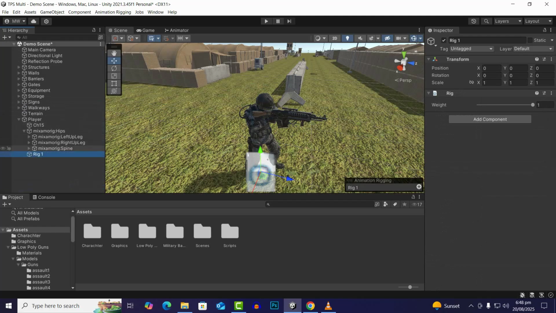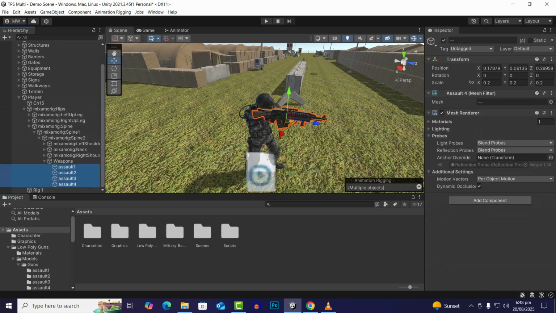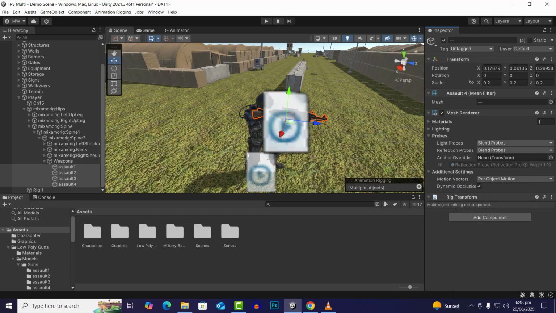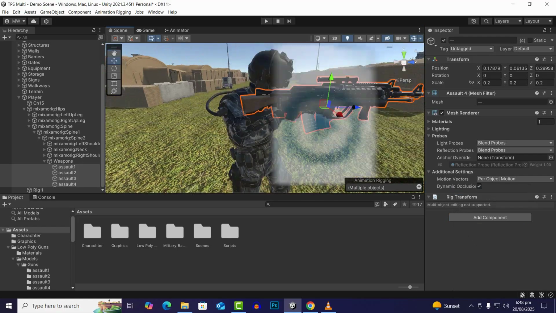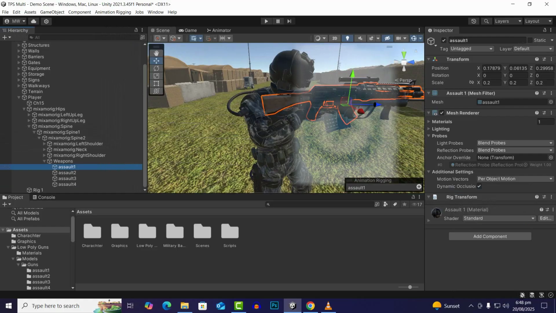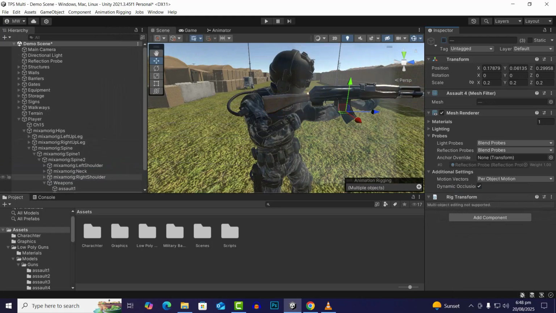So now we also want to add rigs for the weapons. So we'll select all of these weapons, and we'll click on add component, and we'll go for the rig transform component for all the weapons. So now the rig transform component is added to all weapons. Now what we will do, we will just create 2 points for the weapons, and I will just hide this as alt1, and then for these